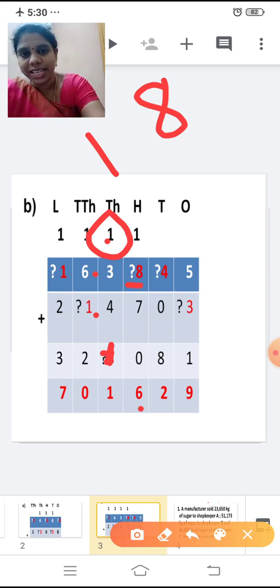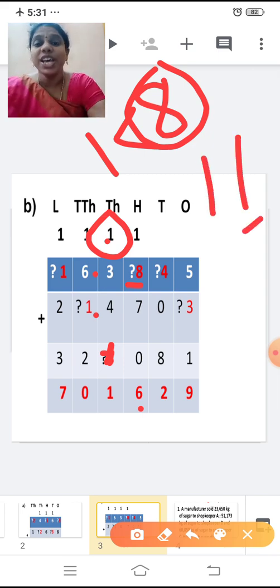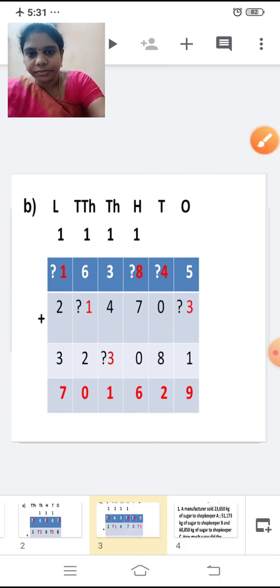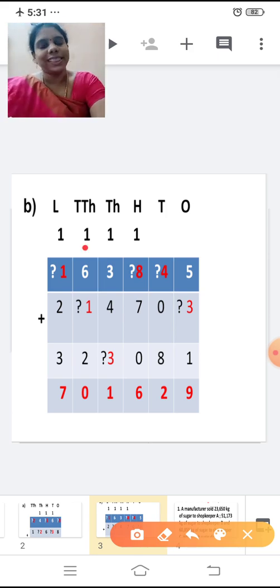See, the sum is 1 we have. So that is less than, right? So we have to add with 8 one more number in such a way that the unit place is 1. With 8, what number I should add? After 8, 9, 10, 11. So write 11. Unit place is 1, right? So how many numbers I've added? After 8, 3 numbers I've added, right? 8, 9, 10, 11. So write 3 here. Yes. Now this one is carried over to the 10,000 place.